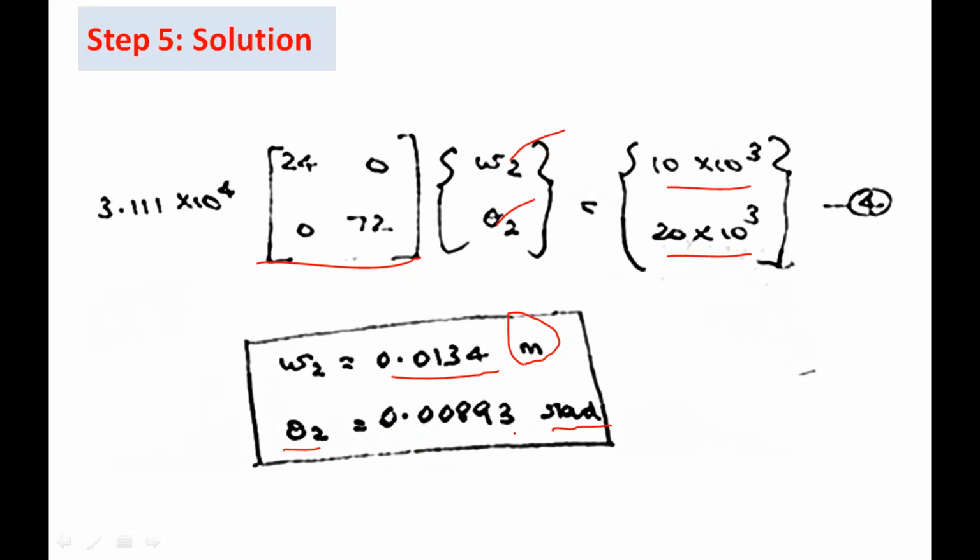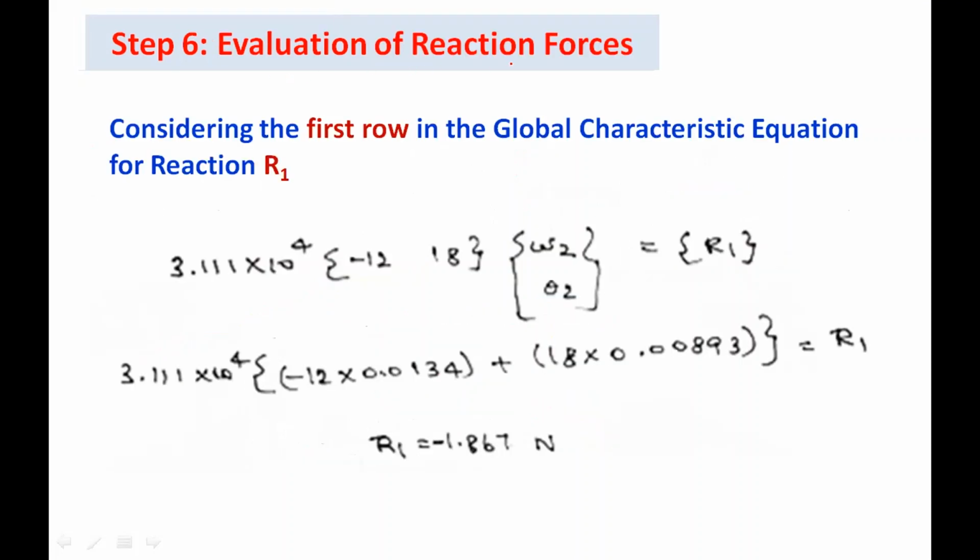So it is very small value because it is at the midspan of the beam. So the slope will be actually a very small and negligible value. So that is why we are getting very small value 0.00893 radian. Here unit is radians. After obtaining this solution, this is called a direct solution in finite element method. Using this direct solution, we can find out the derived solution or post processing. So we will find the reaction force and the moment. In this step, we are evaluating the reaction forces and the moment.